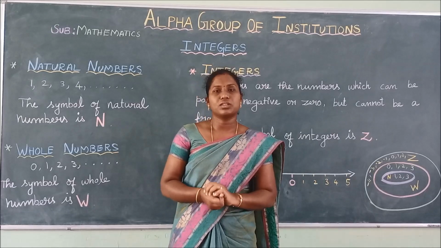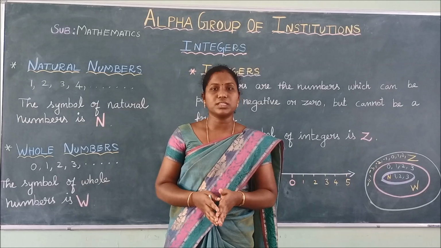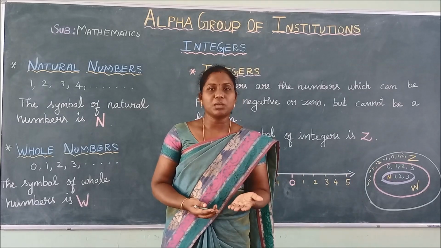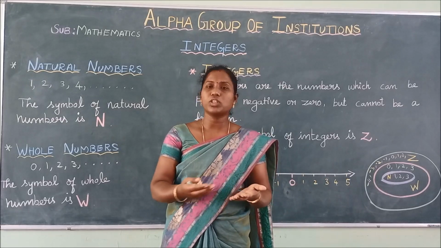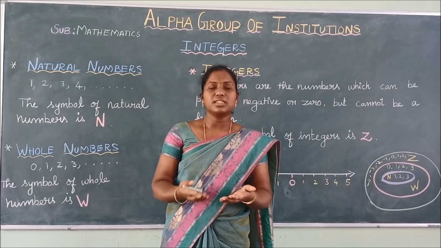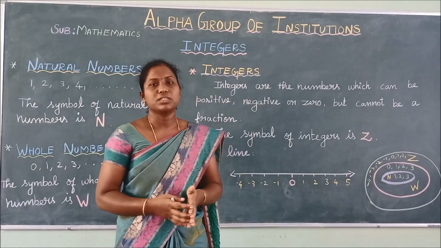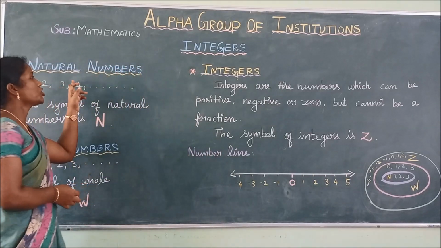First, before entering into integers, we all know about numbers. In our day-to-day life, we are familiar with numbers. A number is nothing but the international system of counting objects. We count the objects using 1, 2, 3. That is the system of numbers. In numbers, especially, first we are going to see the natural numbers.